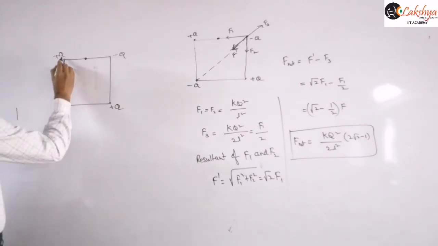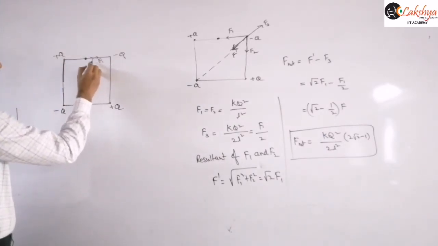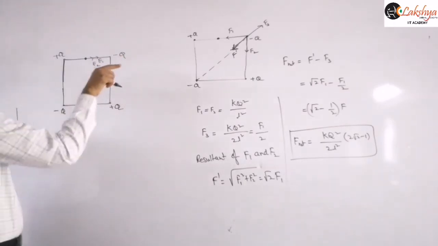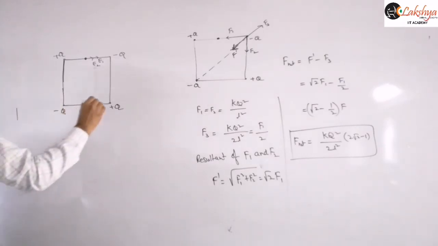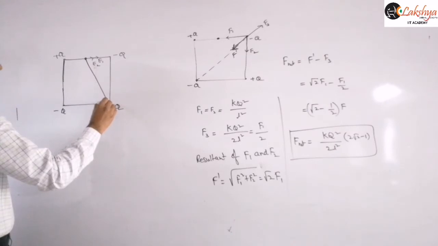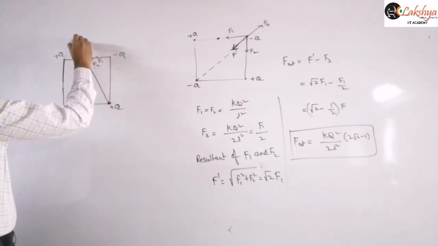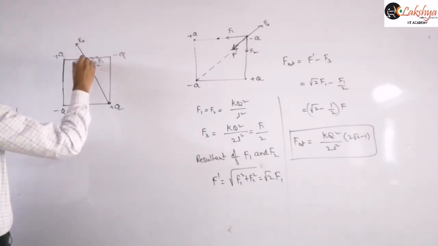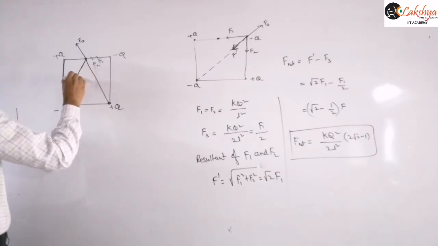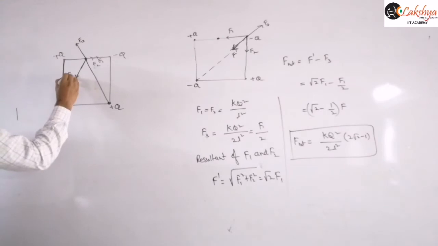Now we can write the electric field due to this charge will be away from the charge, say E1, and the electric field due to this charge will be E2, and it is towards the negative charge. And next, the electric field due to this charge we need to find here, and this charge will be positive, so you will get like this E3. And the electric field due to this charge we need to write here, this is a negative charge, so negative charge means towards the charge. So like this. This is E4.